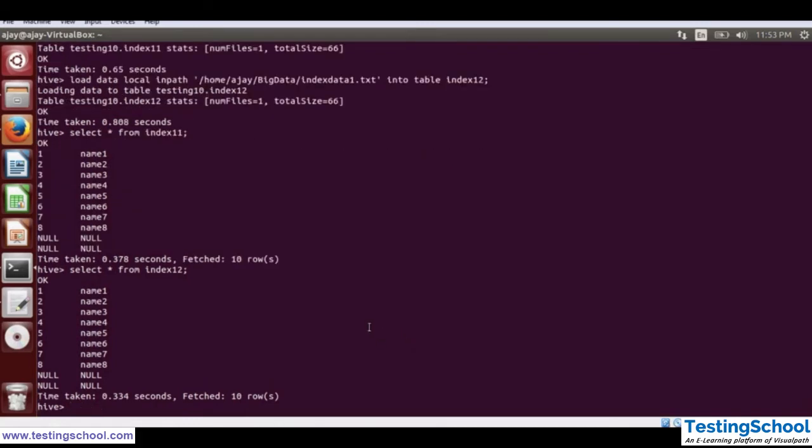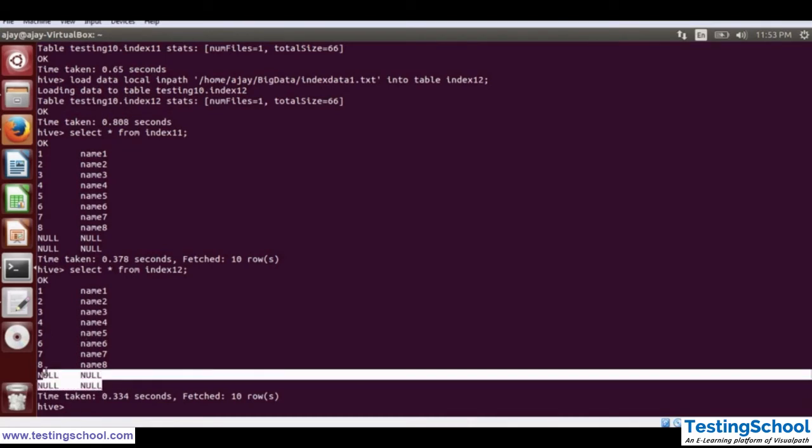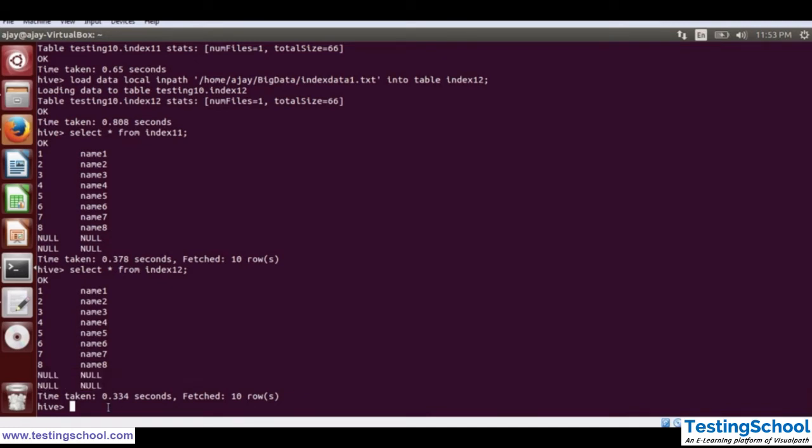Don't bother first with the null values. Null values, as we have already discussed in other sessions, are only displayed when you have any blank line in your data.